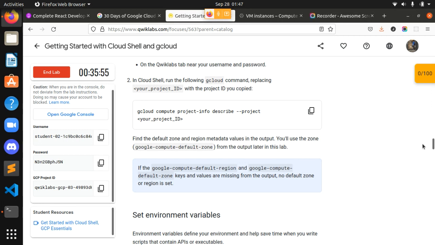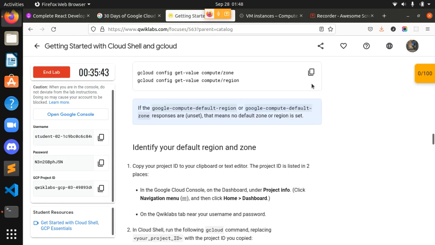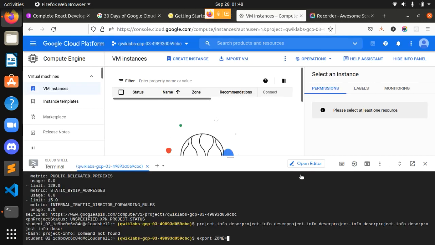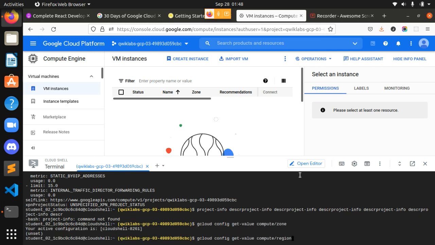After that we have to run this command. Okay, wait. Now it is being set. Now from this we can see which is set. Still, it's not being set.